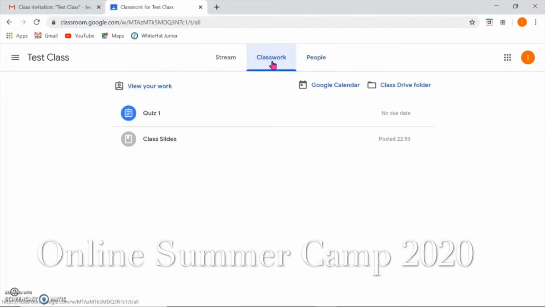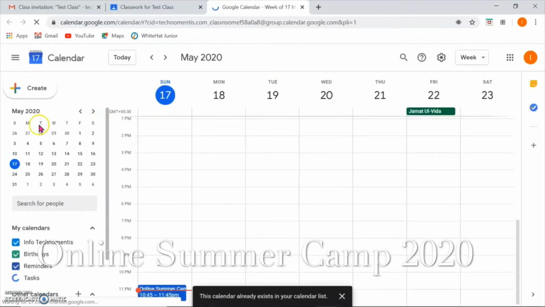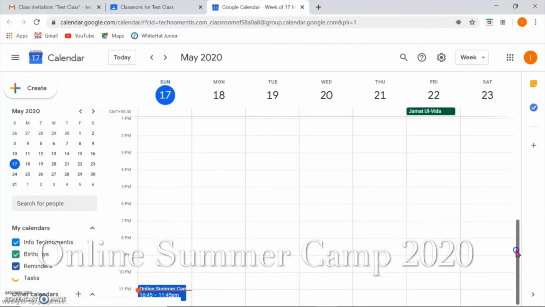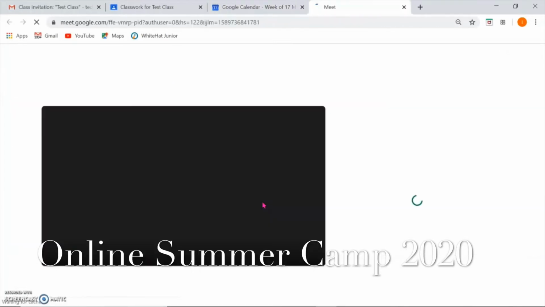Now let's go to the classwork and let's see how you can join the Google Meet for the video conferencing. So just click on the Google Calendar. By now you would have already received a Google Calendar invite for your classes. So like I can see this online summer camp. So just click on this and click on this button which says join with Google Meet. So just click on this